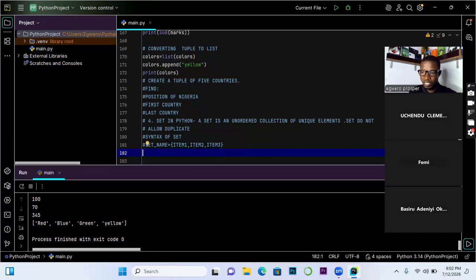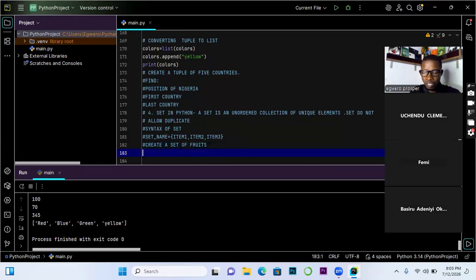Let's look at a simple example here. Let's say we are to create a set of fruits. So what is going to be the syntax? Remember, I said you learn to use descriptive names. We are creating a set of fruits, so that's why I'm using fruits. Then remember the bracket, they are strings, so I need to put them in quotes.